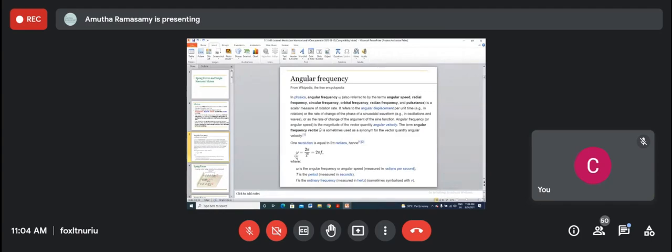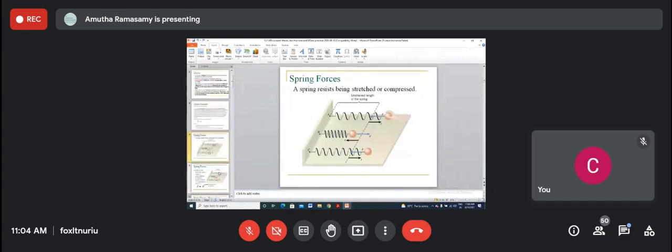This vector, the angular frequency, is 2 pi by T, where T is the total time taken to complete one revolution. Normally 1 by T we say is the frequency. So this is 2 pi f. That is what the angular frequency vector is, for everything related to the 2 pi rotation. So 2 pi f, this you should also remember. Okay, now we are coming back to this event.